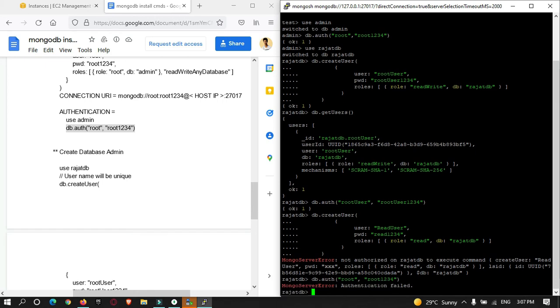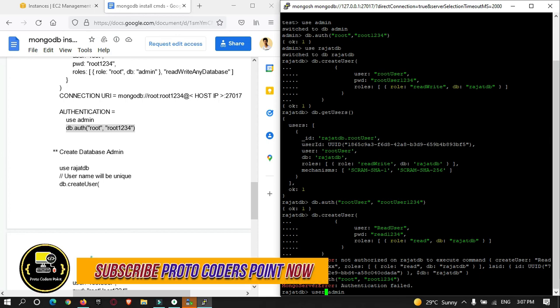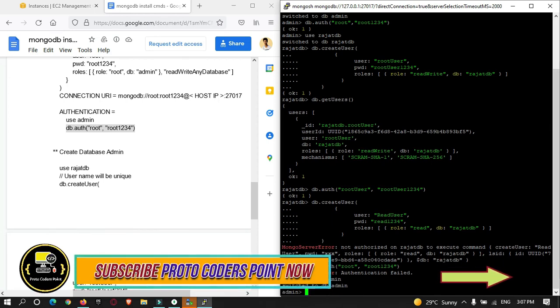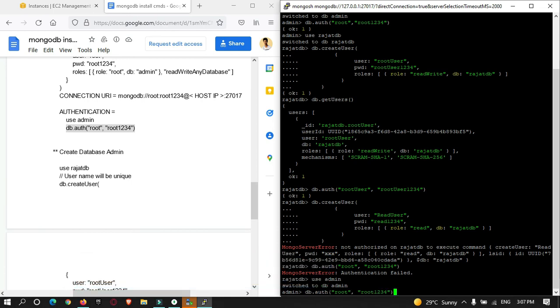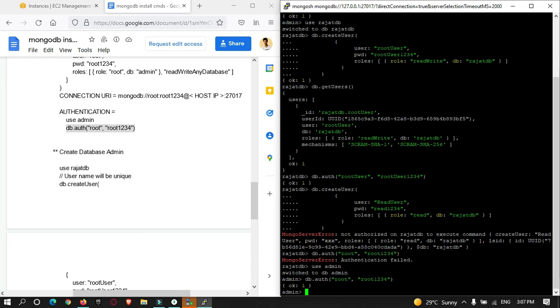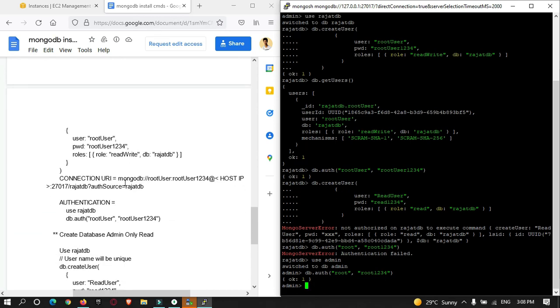Okay, enter. Authentication failed. Don't know why. Let me check. Okay, sorry. So first of all I need to switch to the admin database. Enter and run this authentication query. Okay, and then create a user.